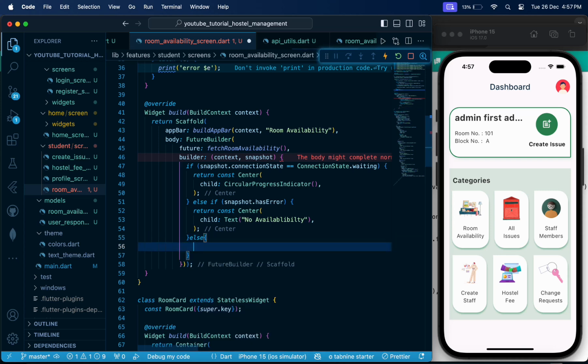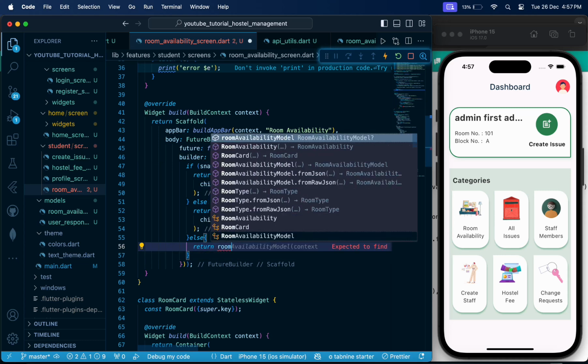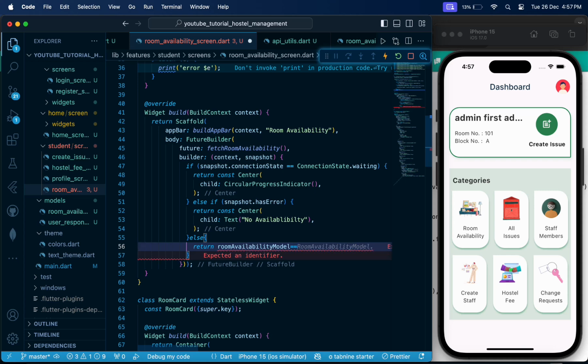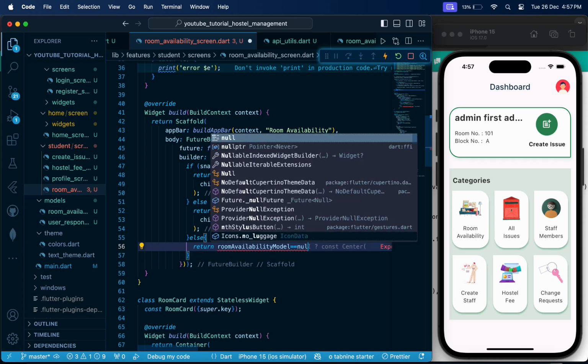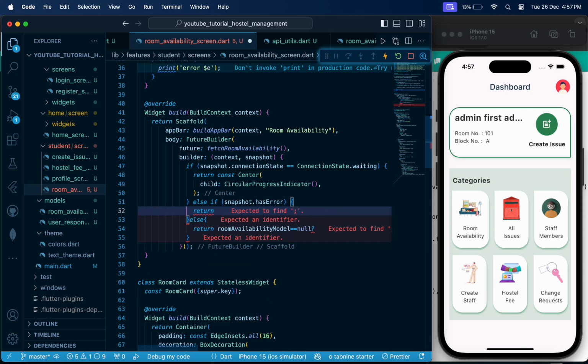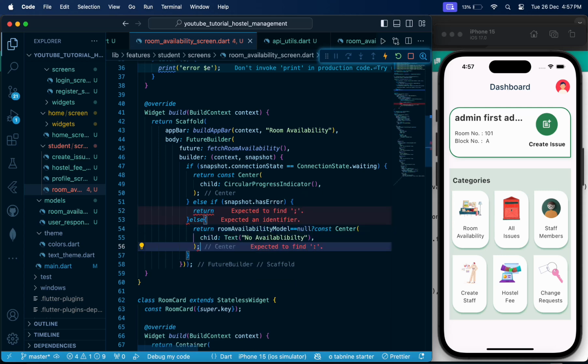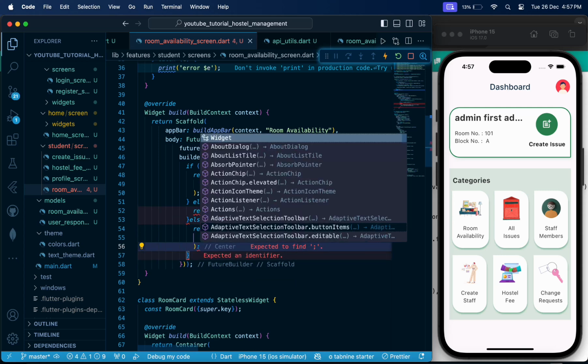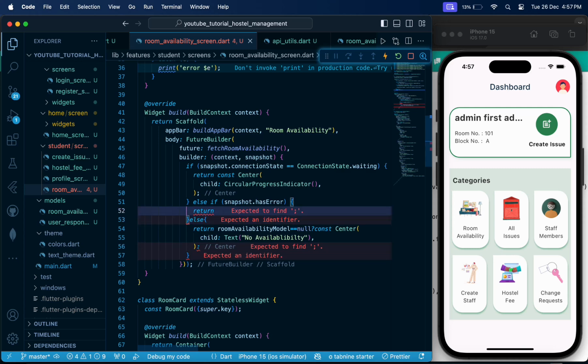Else, suppose our room availability model is null, which means there is no data, like there is no room occupancy. At that time, if our model is null, then we can show the no availability text there, and if it has any error, then we can simply write error